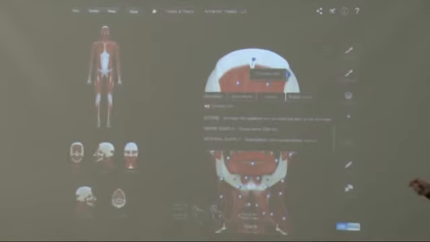You can also tap this audio button here to hear how to pronounce the muscle. Students can add their own notes. The media button brings up video and slideshows that relate to that particular muscle. And public notes is where you can post a note that you make available online, and other people can